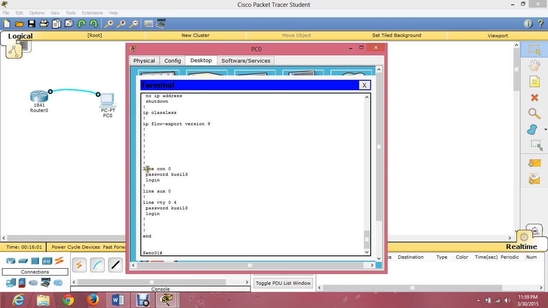This is the information of the line console that we use. That is line console 0 and its password is QC13. And we have line virtual terminals 0, 1, 2, 3 and 4, and the password of each is QC13.